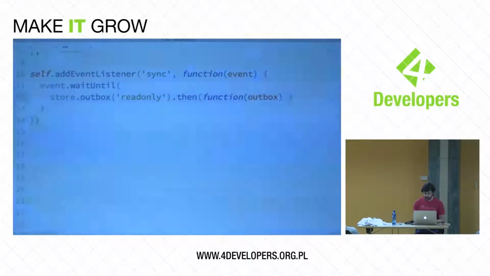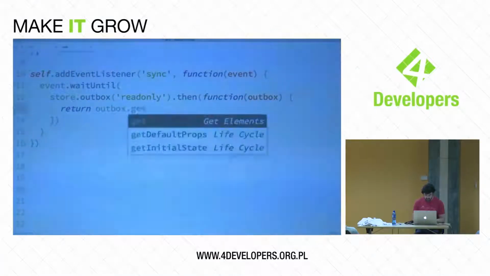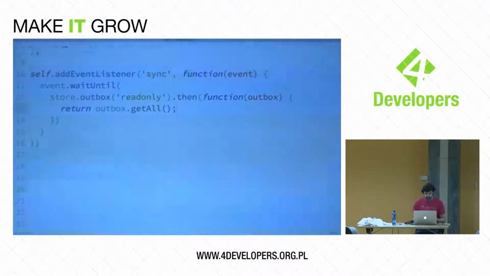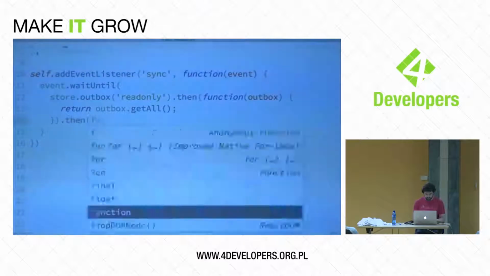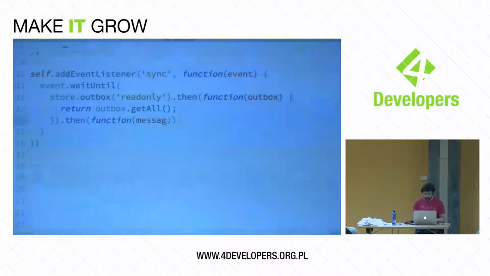So this could have multiple messages. So we will have to run through them. In fact, we will see multiple messages because I've already tried to send one. So there's one in the database already. So let's return the outbox.getAll. This is just something that runs over all the messages in the outbox and will return an array of messages at the end. If you saw me talking earlier, you'll know that IndexedDB actually works with a cursor, which just pops one off the list at any one time. This is just getting hold of all of them.